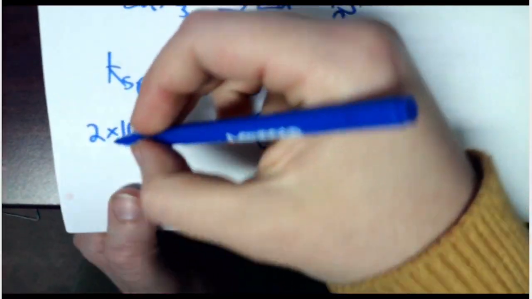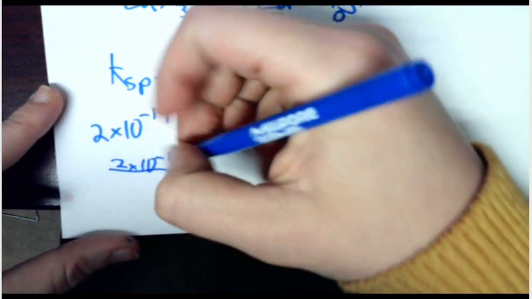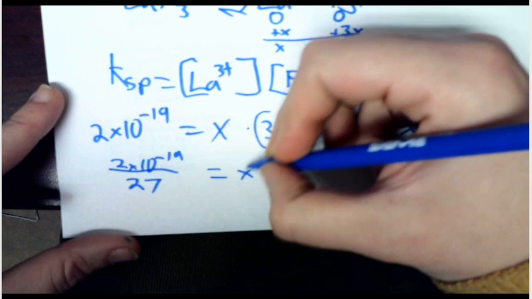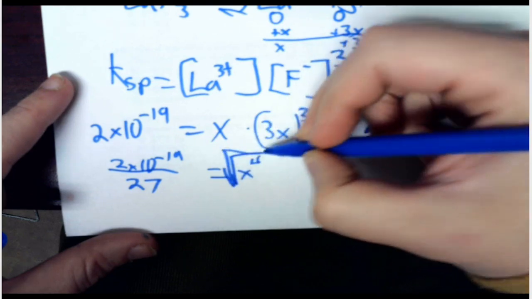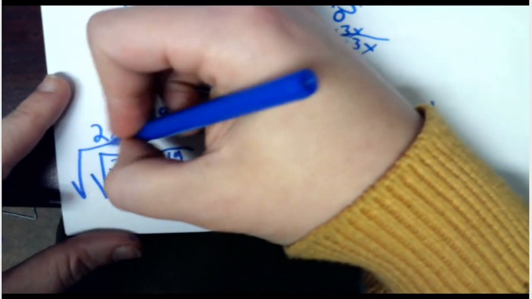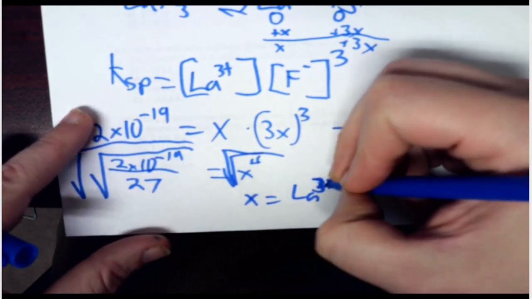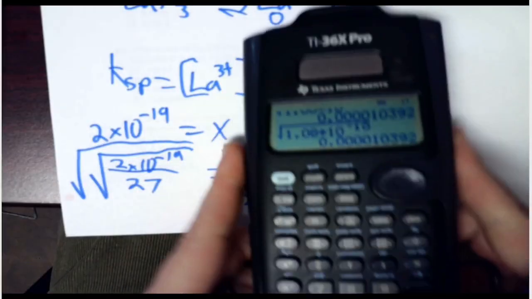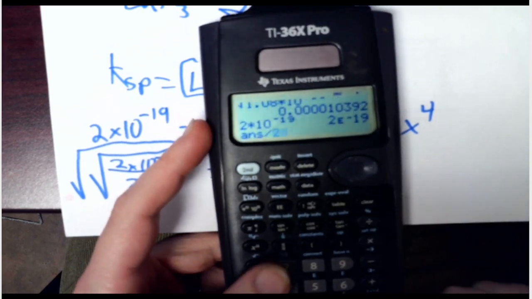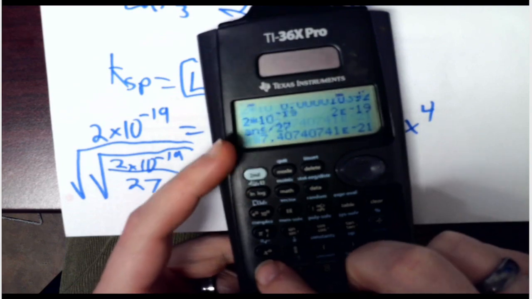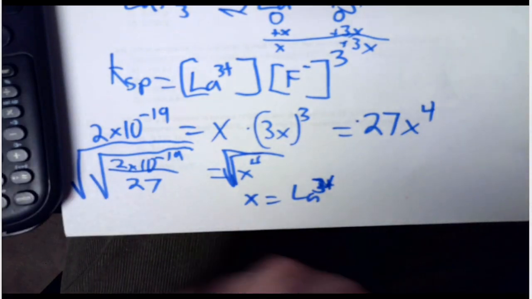Solving for that, step 1. Divide that by 27. That gets x to the 4th. An easy way to do a 4th root is just 2 square roots. And that'll give you the concentration of lanthanum 3 plus. So 2 times 10 to the negative 19, divide that by 27. And then let's square root out my answer, and I get the concentration is a mere